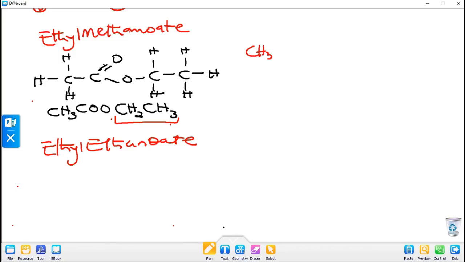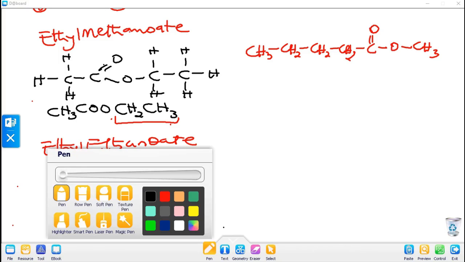CH3, CH2. It is easier because it has been given to us as a condensed formula. CH2, CO, O, CH3. Looking at the compound above, we ought to ask ourselves, let us rewrite it now